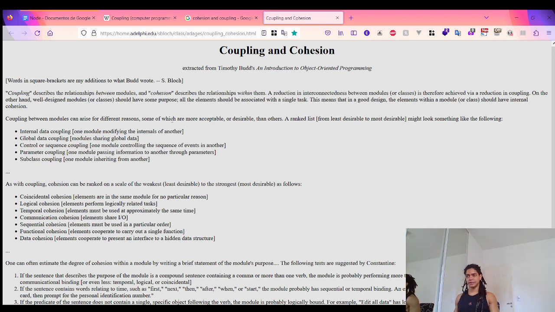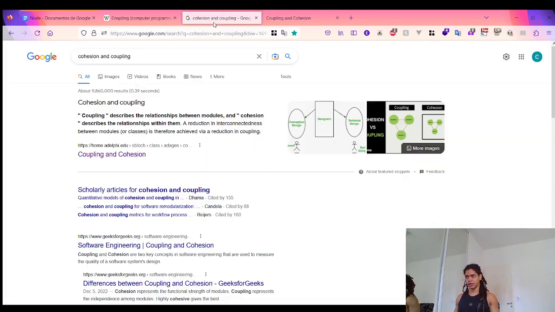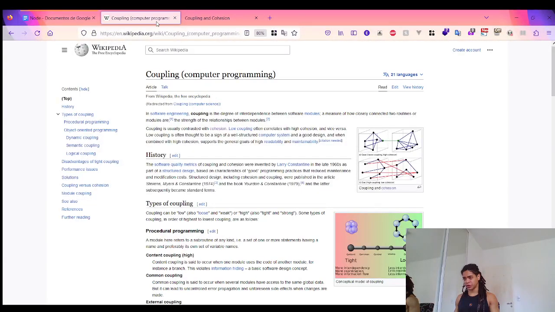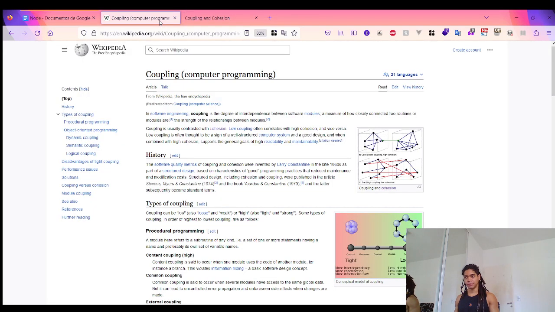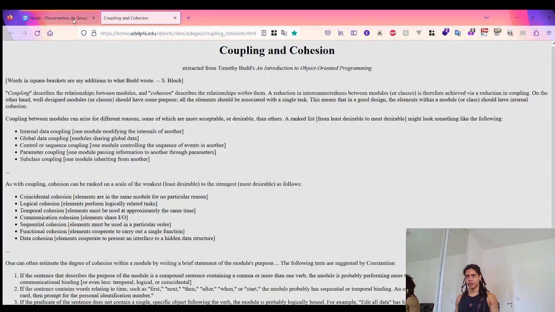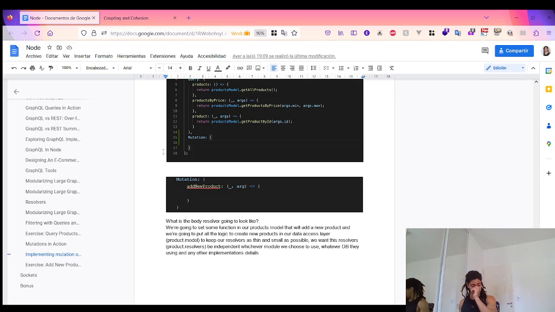But in any case, what this tells us is this important subtle definition. The degree of interdependence between software, or it describes the relationship between models, and cohesion, the relationship within them. Okay, so with that definition,